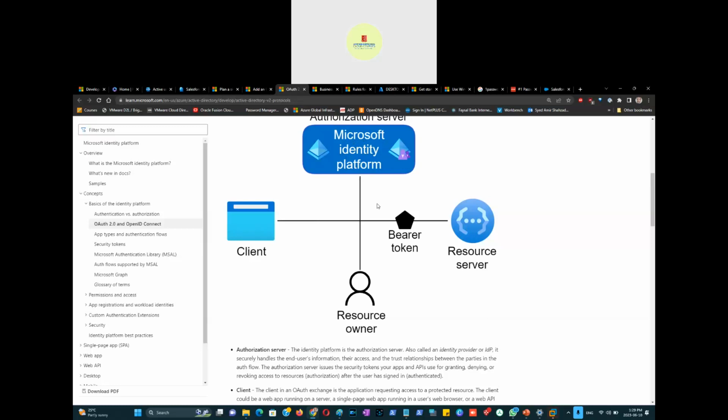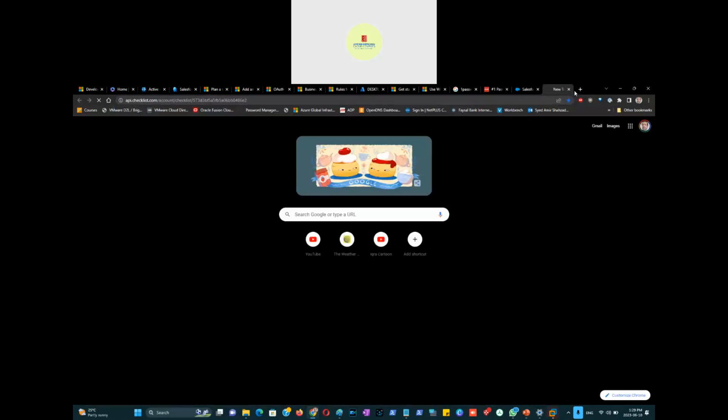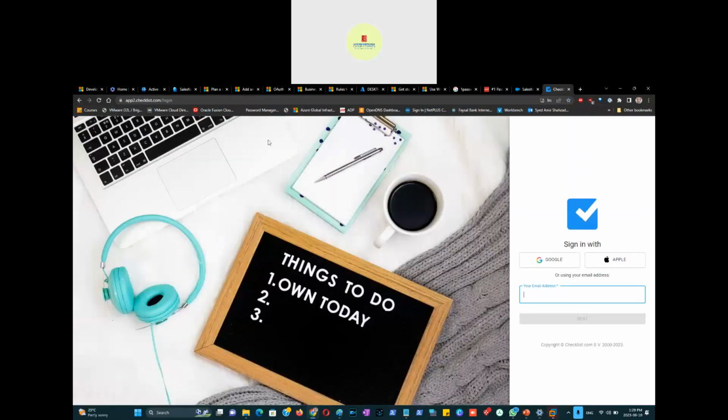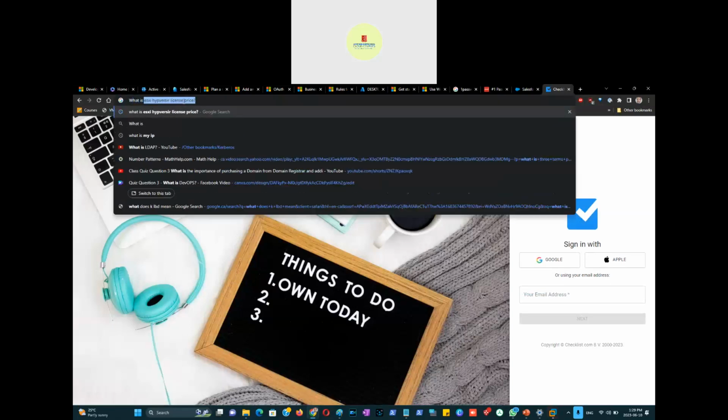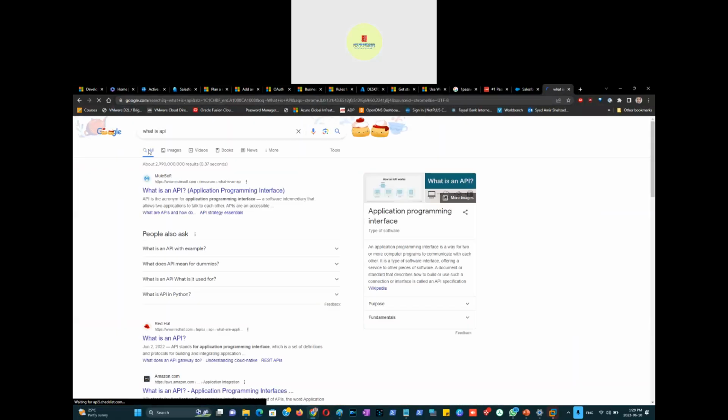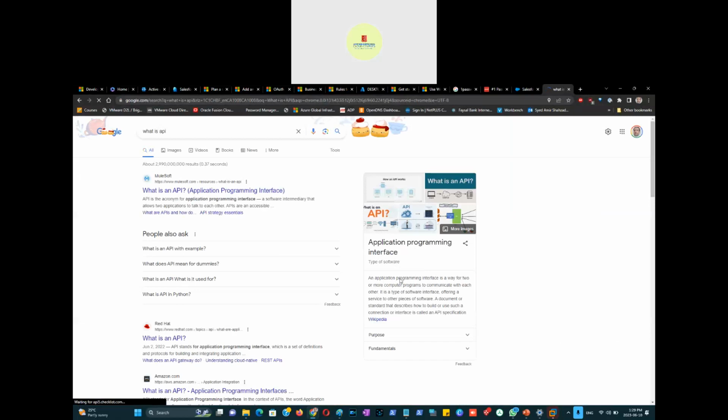So Raza says, does it work like IAM, Identity and Access Management? So API is just, you can say, a code that you... what did I just do? What is